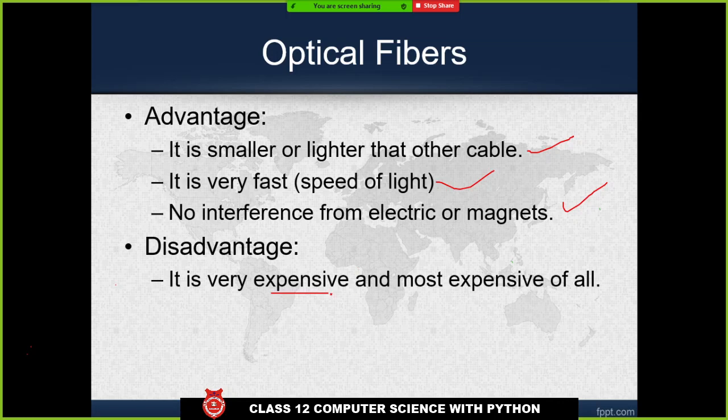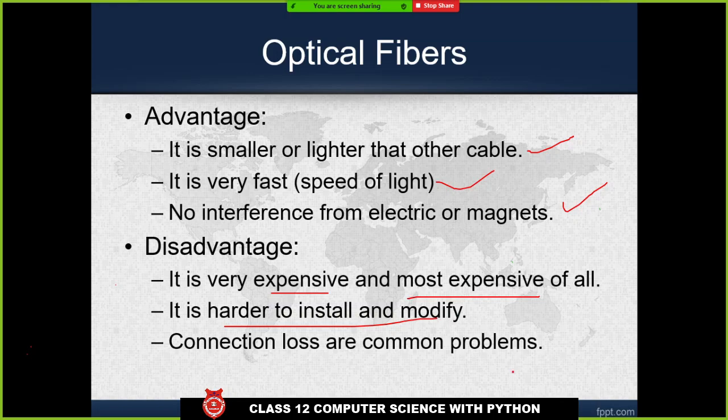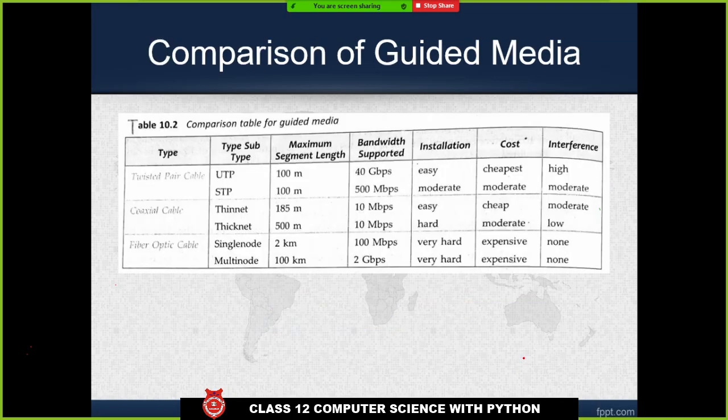And it is very expensive, the most expensive of all, and it is very hard to install and modify. If there is a cut in between, connecting the two cables is a very common problem. Okay,